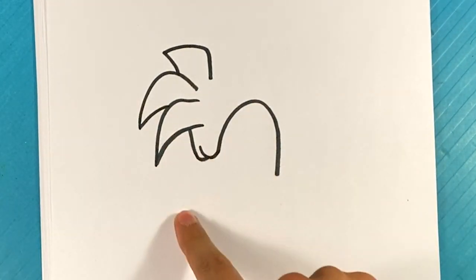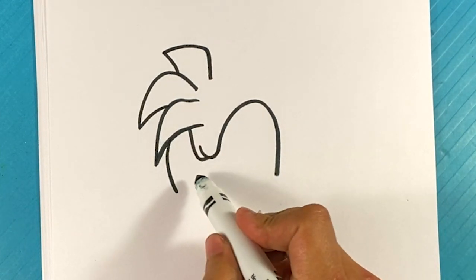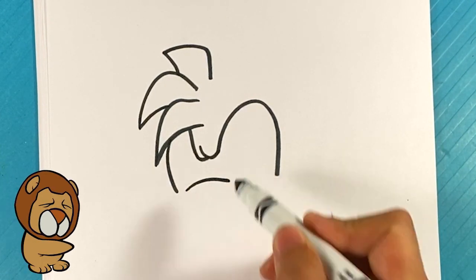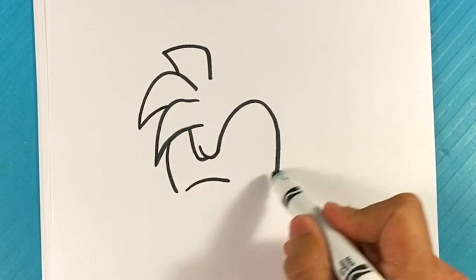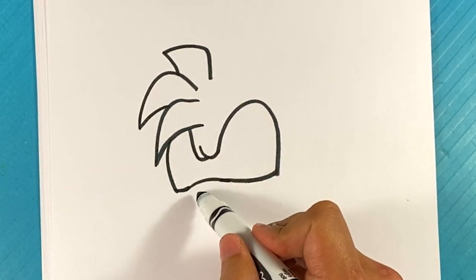I'm going to go over here to the far side, and I'm going to have a curve for the far side eye. So curve over here. And then I'm going to go over here and throw the snout in the center right here. So just a curve. And then I'm going to connect those up over here. Connect those over here. Connect that one up back here. Over here.